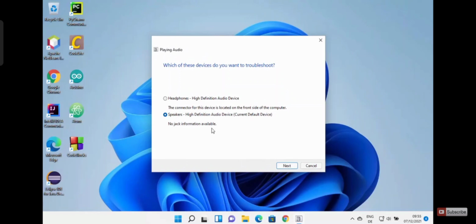So in our case, for example, we are facing the problem related to the speakers, which means we are facing the problem related to audio or sound. Then I can just leave it on the speakers option. Otherwise,